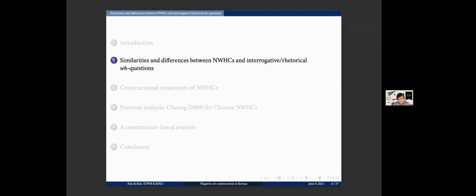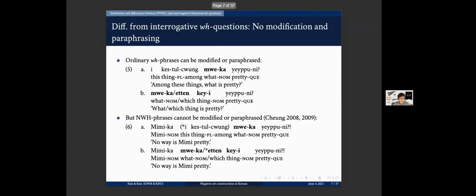Okay, let's talk about similarities and differences between double-edged constructions and interrogative and rhetorical double-edged questions. In interrogative double-edged questions, double-edged phrases can be modified or paraphrased. So as we can see in 5A, 이것들 중 뭐가 예쁘니? Here, the double-edged phrase 뭐가, what, can be modified by the expression 이것들 중, which means among these things. And also in 5B, 뭐가 예쁘니? Here, the double-edged phrase can be paraphrased by the expression 어떤 것이, which means which thing, like 어떤 것이